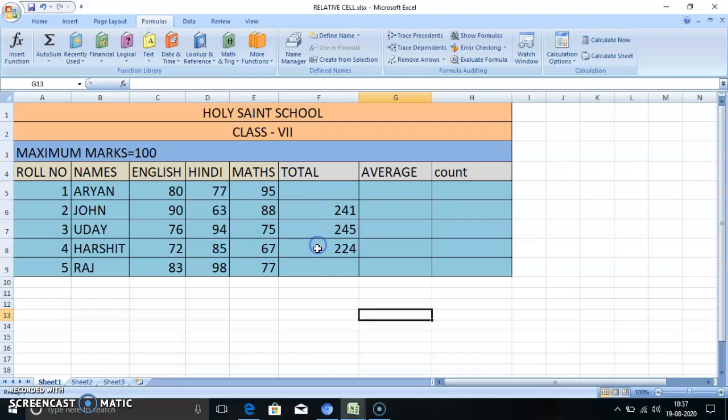Good morning, everyone. Today is your third class of this chapter, MS Excel, chapter number 2, Formula and Function. In the first class, we learned about cell referencing. In the second class, we learned about calculations in Excel. And in this class, we learn about the functions in Excel.